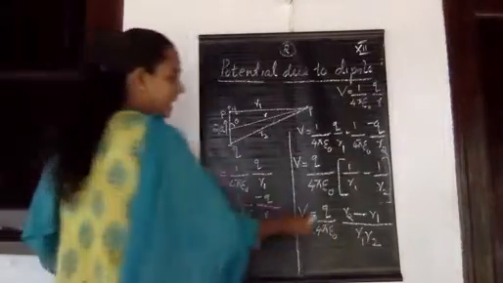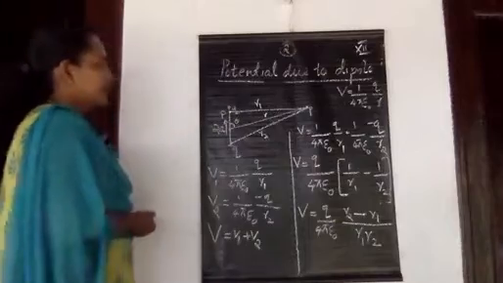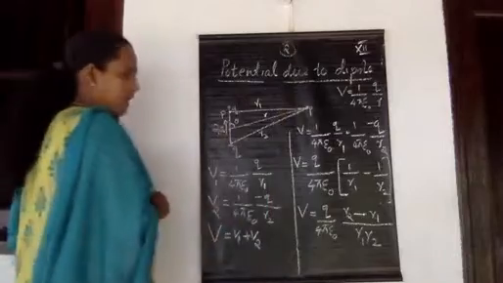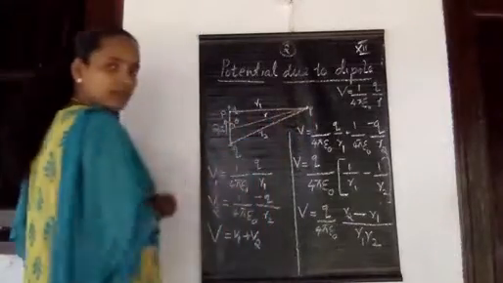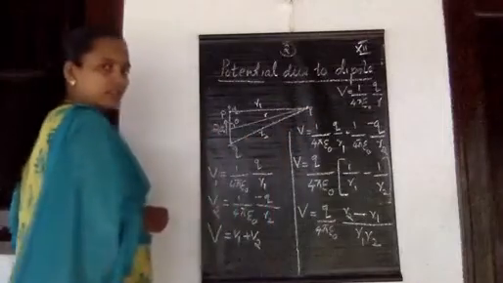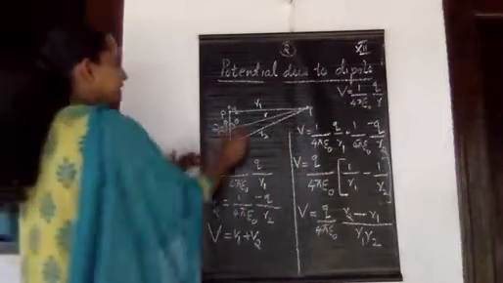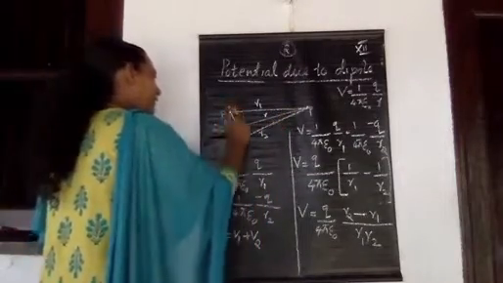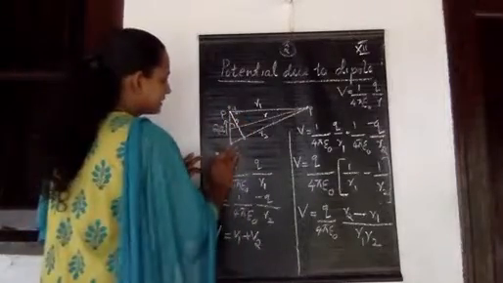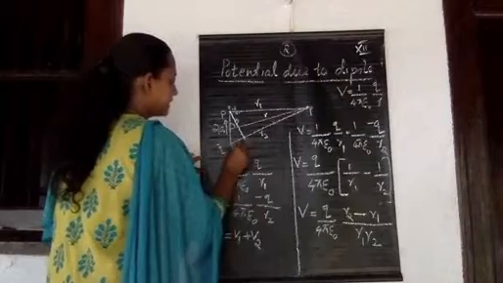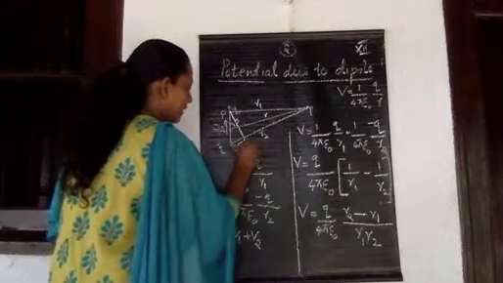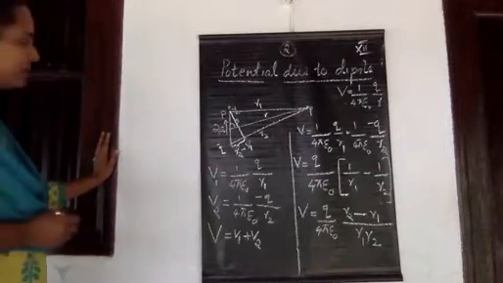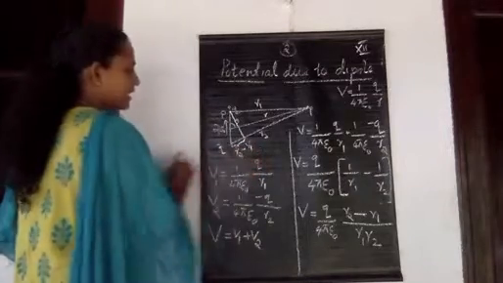And what is this R2 minus R1? Here we choose this point P. P is an arbitrary point. This distance is R1 and this distance is R2. These two distances are not equal. Therefore, this distance R2 is actually greater than that of R1. So when you draw a normal from here, this difference, this distance is actually R2 minus R1 itself. Then how can you find an expression for this R2 minus R1?